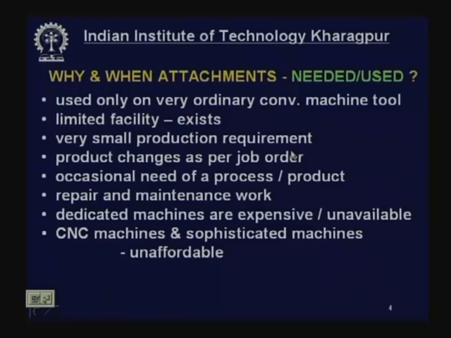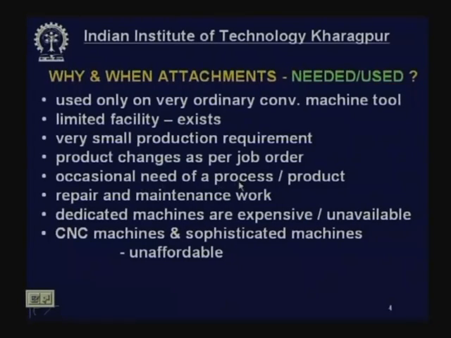Now, the production requirement is only for piece production or job order production, not for mass production or lot production. One or two pieces occasionally, maybe once in a month or once in 3 days, have to be done. Product changes as per job order. The job or product is not predictable; any moment any kind of job may come, and you should possess a few